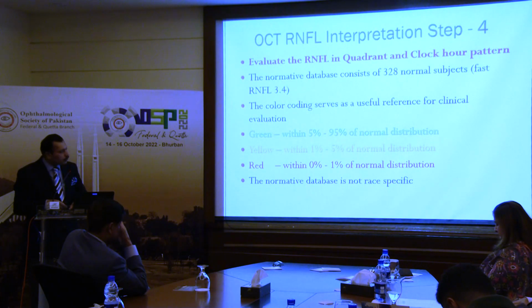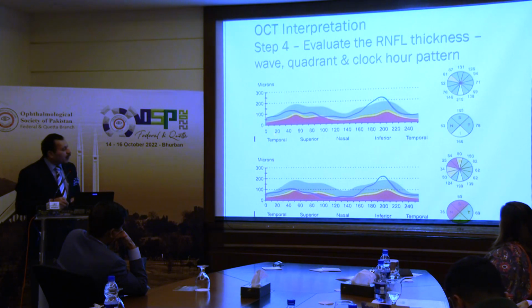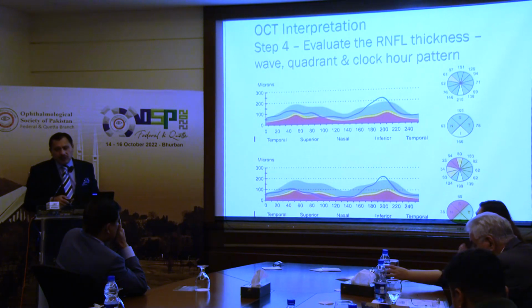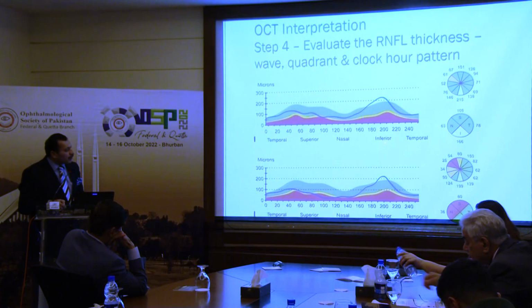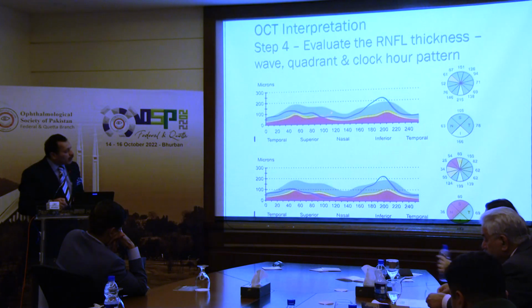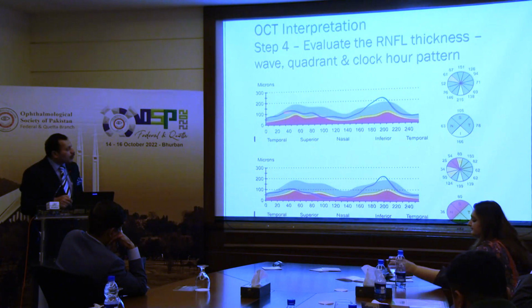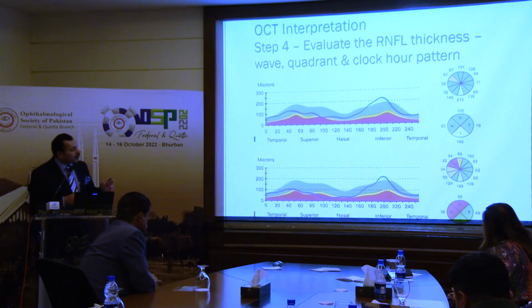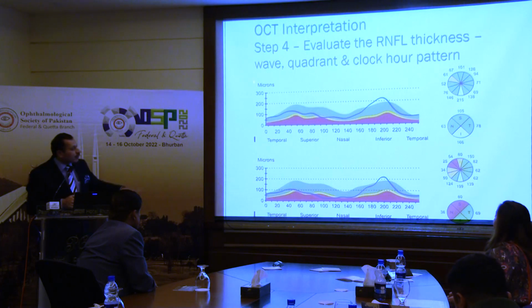अब ये देखें, ये है जी क्लॉकार, इसमें 12 एरियाज़ हैं, ये क्वाड्रेंटिक है और ये वेव पैटर्न है, ठीक है। इसमें वो ISNT रूल आता है, इन्फीरियर, सुपीरियर, नेज़ल, टेम्पोरल। जो थिकनेस ऑफ द RNFL है वो इस फार्मूले को फॉलो करती है कि ये सुपीरियर, ये नेज़ल, ये इन्फीरियर, ये टेम्पोरल। ये जो नीली लाइन है पेशेंट की है, और ये जो सारा ग्राफ बना हुआ है ग्रीन, येलो और रेड, ये नॉर्मेटिव डेटाबेस है। तो पेशेंट के टेस्ट को उसने उसके ऊपर रख के दिखा दिया आपको कि कौन सी चीज़ नॉर्मल है कौन सी एबनॉर्मल है।